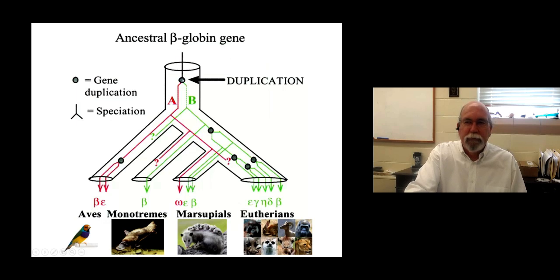About 450 million years ago, there's a duplication of the beta gene into an A and a B form. The A form continues down the line into birds. It continued on and probably into monotremes, which are egg-laying mammals. And we think that because it's definitely there, in a similar version to what's seen in birds, is there in the marsupials, those mammals